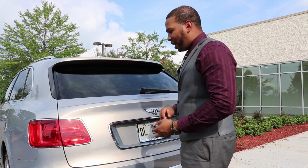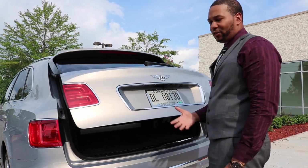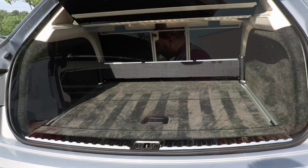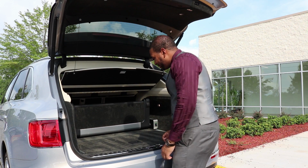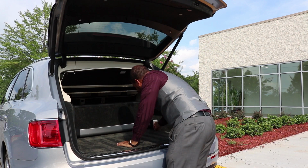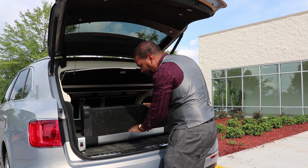Let's take a look at the trunk area of the Bentley Bentayga. I can either open up the hatch using the key, or I could simply kick under the hatch and then the trunk will open. As you can see, typical of the SUV market, you'll find plenty of storage space here, but there's a factor that sets the Bentley Bentayga apart from the rest. Let's take a look. I'll simply press up on this latch here, and then I can move this part forward,